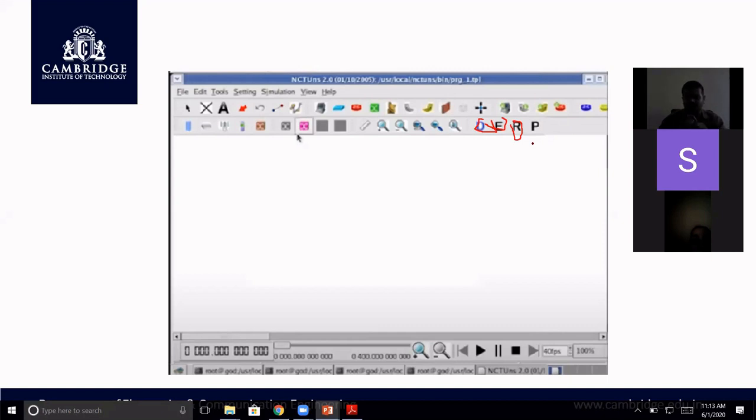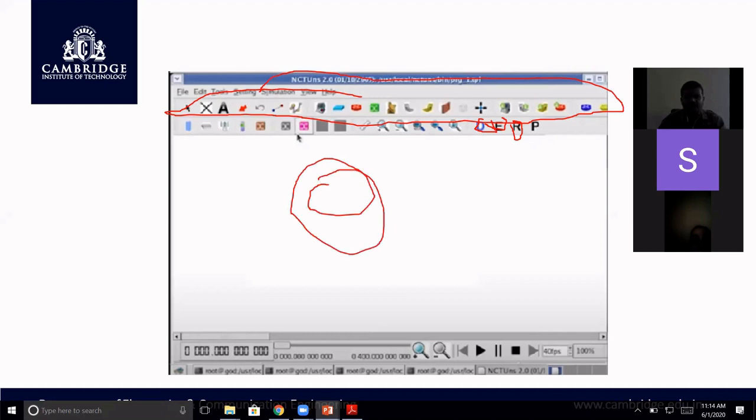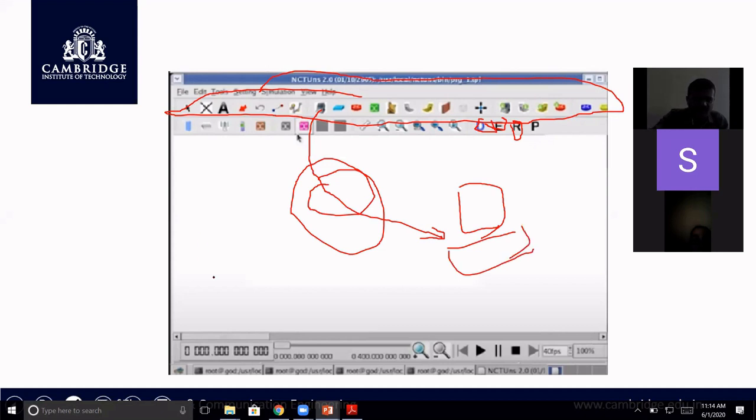What is draw mode or design mode? In this mode, you can pick these components. There are many components here. You can pick these components and place them in the draw area. So you can pick a computer and place it here, and pick another computer and place it, and you can use a hub, this one.